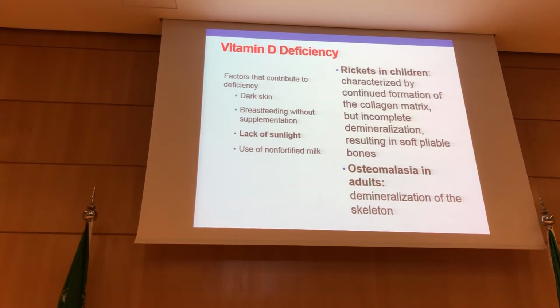Here in Saudi Arabia, you know very well that we have the problem because we cannot be exposed to the sunlight because it's hot weather. So rarely do we go and walk on the street. And also the females wear abaya, so they are protected from the sunlight. And we put sun cream, sunblock to protect our skin. And dark skin also is a problem. So we cannot synthesize enough vitamin D, and actually vitamin D deficiency is very common in Saudi Arabia.